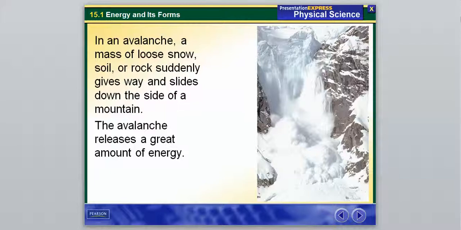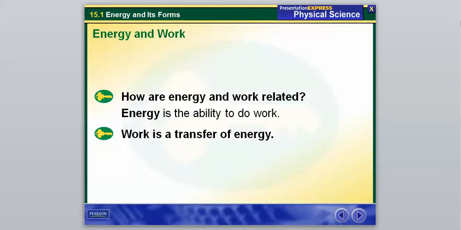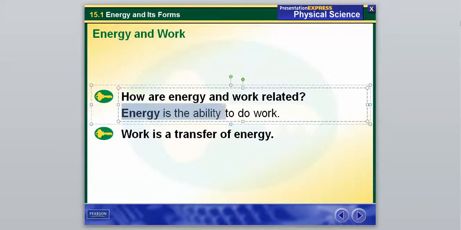I might even ask you at the beginning what the example at the beginning was, and it is an avalanche. I mentioned that energy and work are going to be very closely related, so it's a nice segue between chapters, because energy and work are intertwined with one another. Energy is your ability to do work. That's the textbook definition, and we're going to expand upon it in a second to explain their relation a little more.